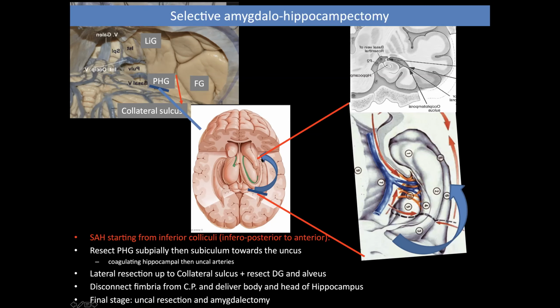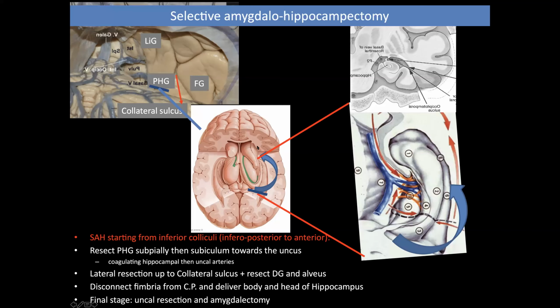Usually when you're removing the hippocampus and the parahippocampal structures from this point, you'll start just posterior to the inferior colliculus, which will be the posterior portion of the parahippocampal gyrus, and you'll extend anteriorly towards the subiculum, resect the subiculum, extend towards the uncus, and as you go, you'll be carrying out the same steps you usually carry out, whether from a transsylvian or a transtemporal approach, but rather from a posterior standpoint.